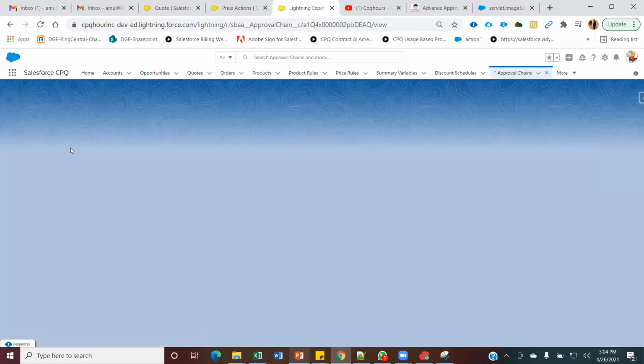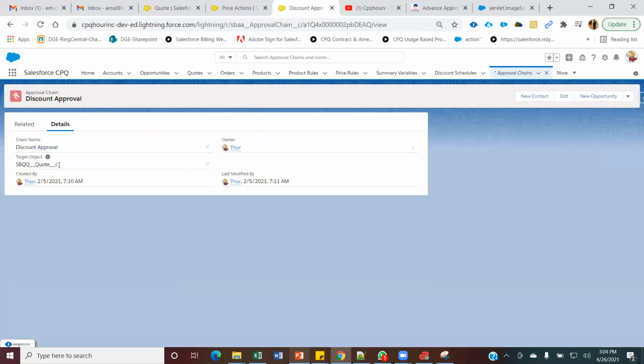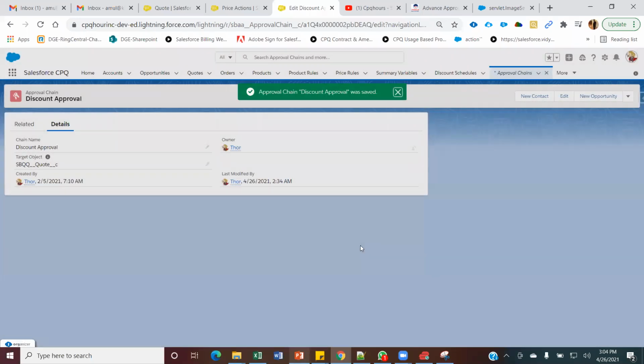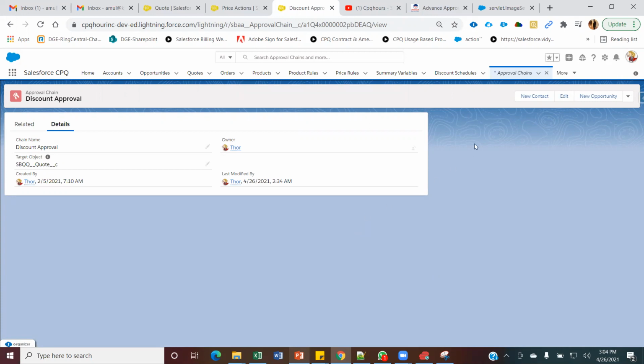If you see, I have just created one approval chain called discount approval. You'll have to just go back, create a simple discount approval chain record, and hit the save button. After creating this approval chain record, what do you have to do next?